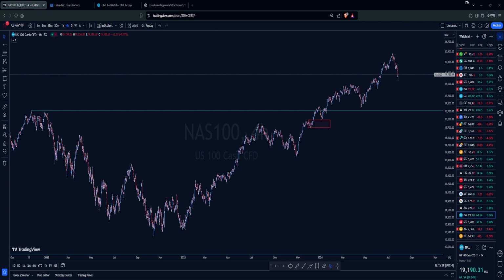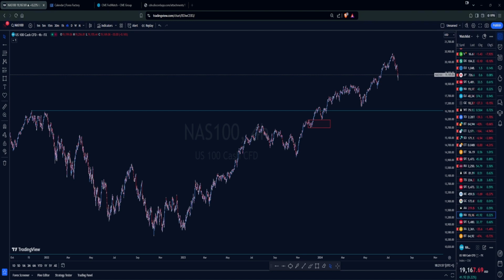Working on your edge, sometimes you have the misunderstanding that you need to develop a new trading strategy or completely change the way you trade. No. Improving or working on your edge is basically being able to understand where the market is, what type of opportunities the market is offering in a specific moment, and have the right expectations for the setups that you should be looking for. And in my opinion, I believe that we're going to carry on seeing new all-time highs being